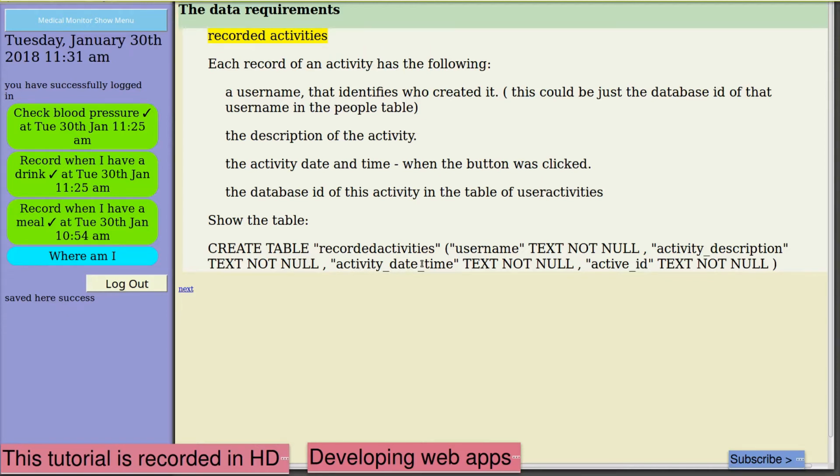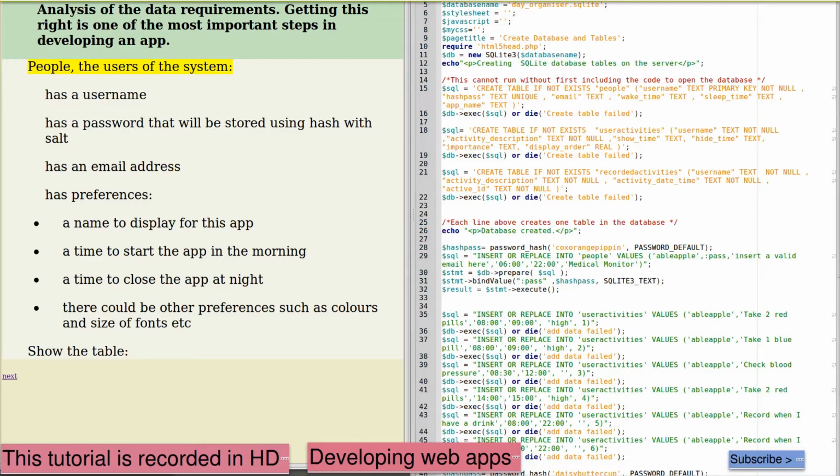The activity date time, again, we're going to record this as text and process it as a date time within our scripts. The activity ID, we're also storing it as text, not null. We can match our data requirements that we've just discussed